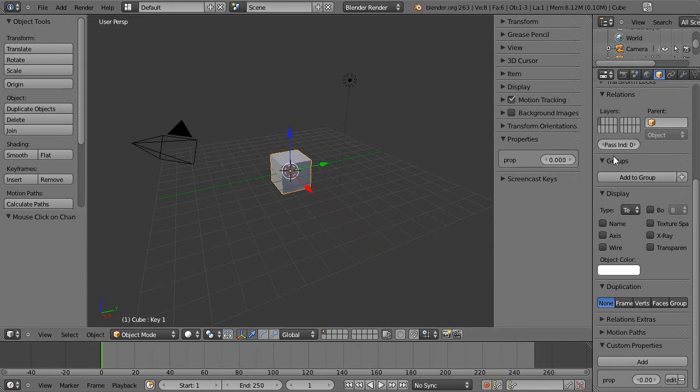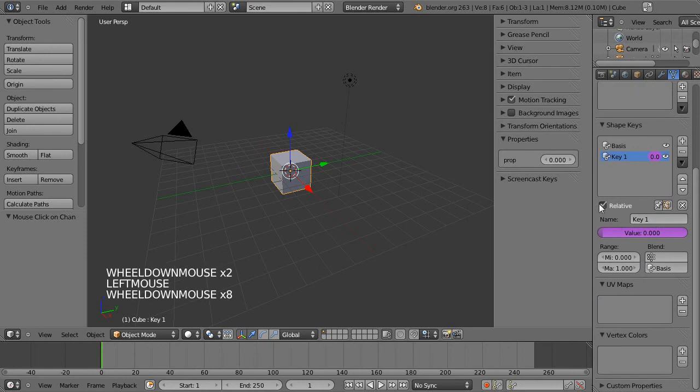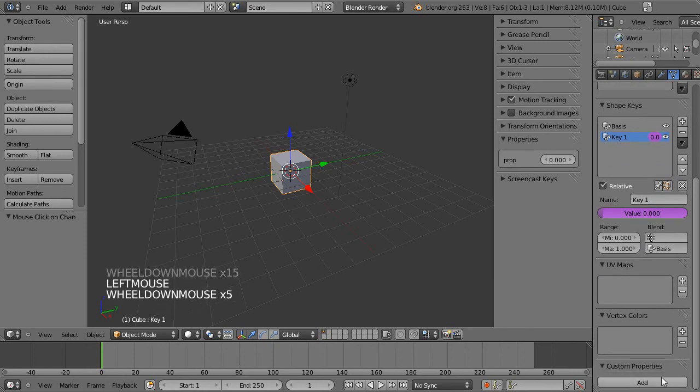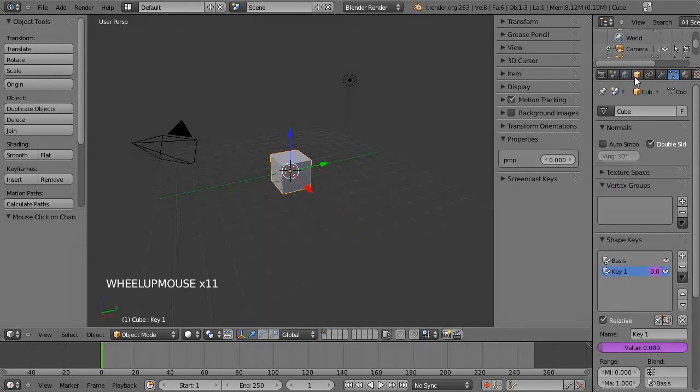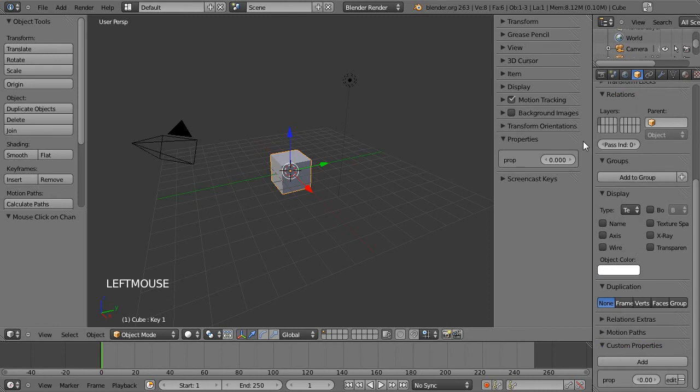The only thing to remember is make sure you add in the custom property in the object menu, otherwise it won't appear in this properties sidebar, because there is the ability to add one in here, but it doesn't work in the sidebar, as I've found out through testing. So hopefully you learned what you needed to learn from this quick tip, and I'll see